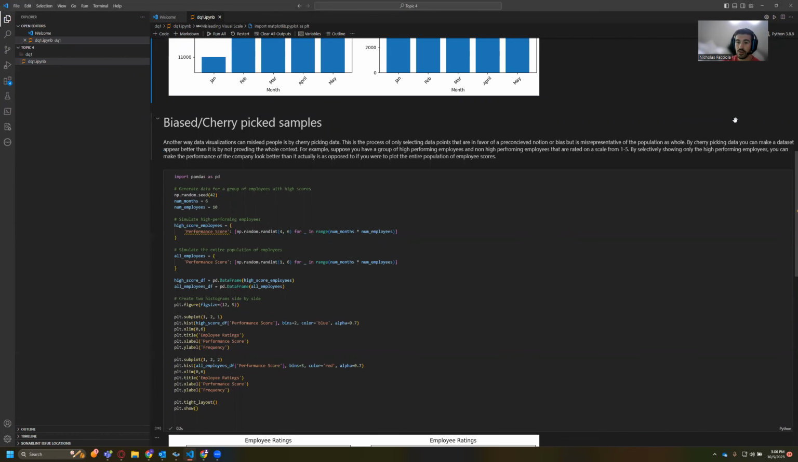this is when you take samples of data that aren't representative of the population. So, for example, let's say we want to show the distribution of employee score ratings within a company to stakeholders to show that our productivity is high. One way that a company could manipulate this is by only selecting the high scoring employees versus all the employees